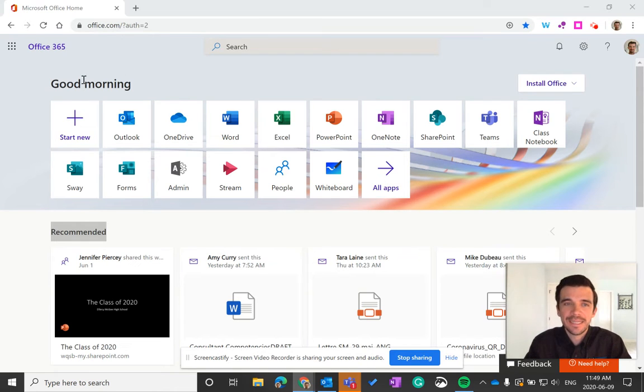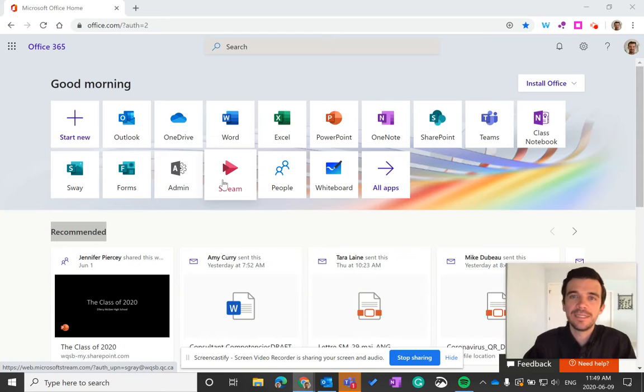And you can see that in your list of applications here, Microsoft Stream is one that's here. Stream is Microsoft's cloud-based video storage tool, and so many staff have been utilizing it lately for uploading video and sharing with people. And one of the great features for why it is becoming more and more widely used is its